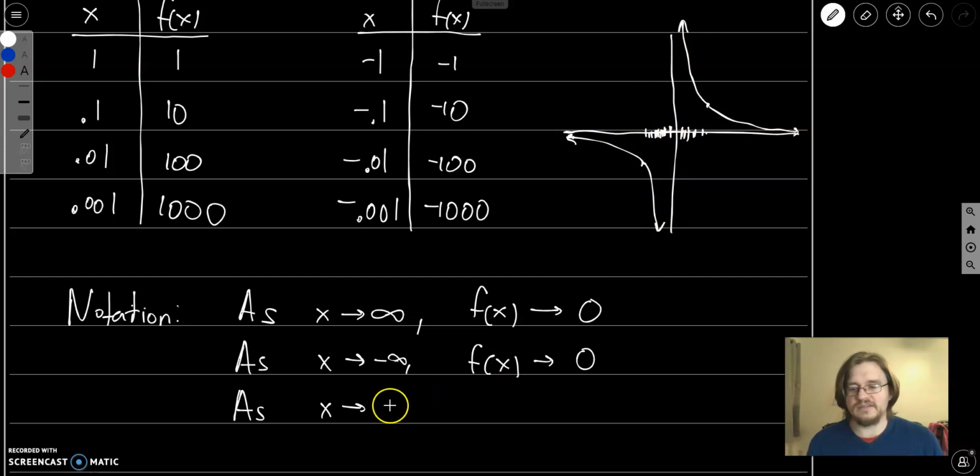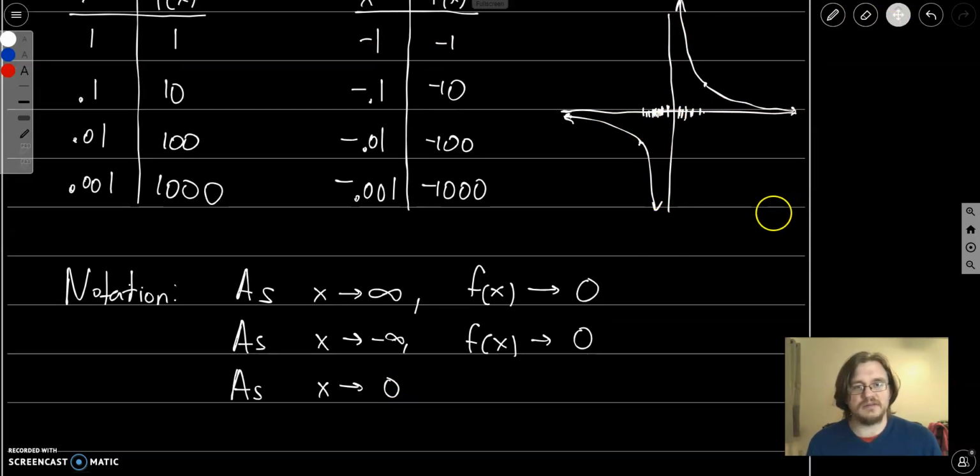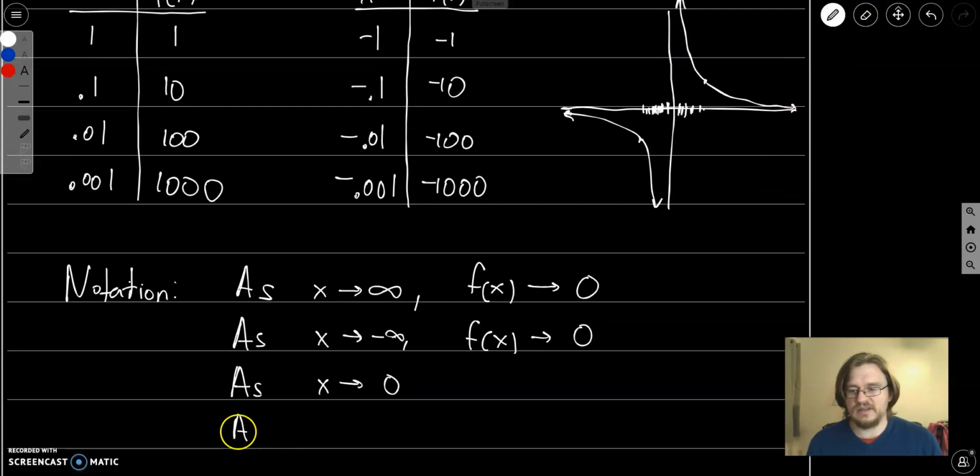So we have some notation for this. Let me scroll up just a little bit. So we can say as x goes to 0 from the right, and I'll put a little plus sign to say on the positive side, or as x goes to 0 on the left side, we'll add a little negative sign. Note that this doesn't mean positive 0, it means 0 on the right side, and this means 0 on the